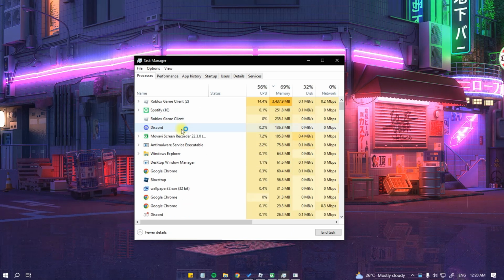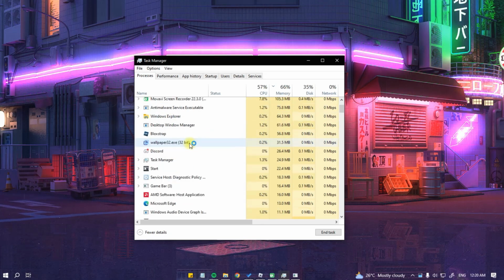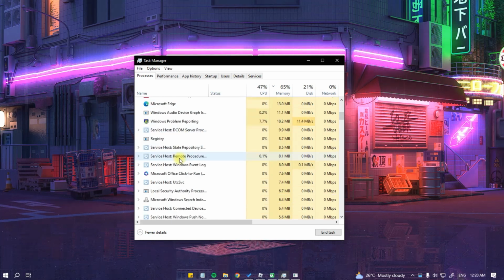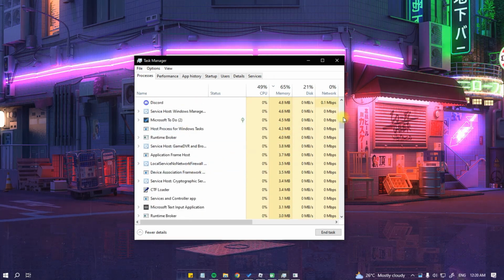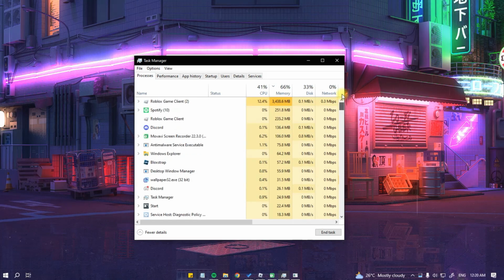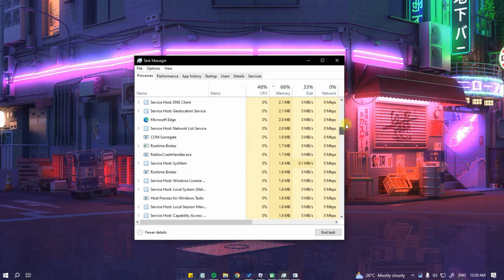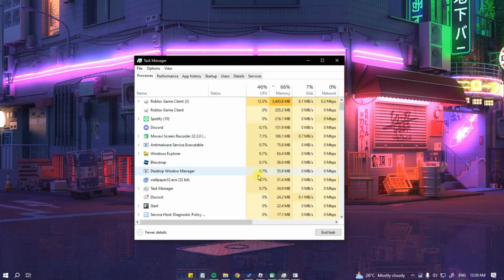Do this for the other Google Chrome apps that pop up here, and you can just scroll through and make sure that you have ended the task for Google Chrome within the Task Manager. After that, go try and open up Google Chrome again, and if that does not work, what we're going to do is